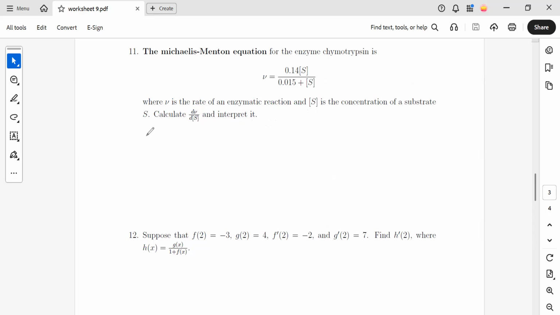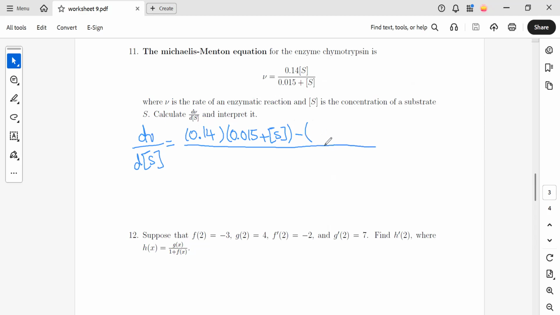So we would treat it as a variable. d nu d bracket of S, let's say d nu dx, something like that. And since it is a quotient, at the top and the bottom we have a variable, so it will be the quotient rule to find the derivative. To use the quotient rule, it would be derivative of the top, which is 0.14, multiplied by 0.015 plus this, minus